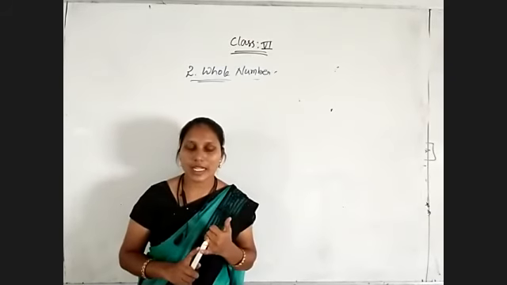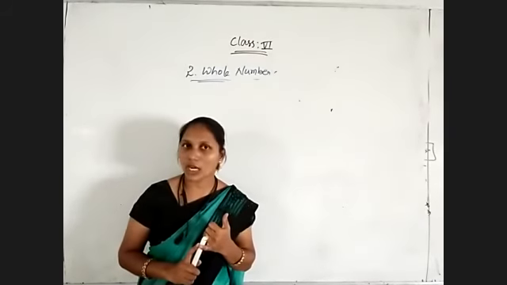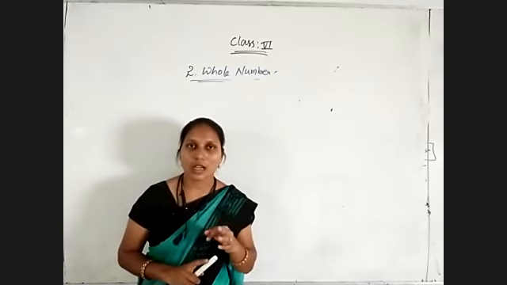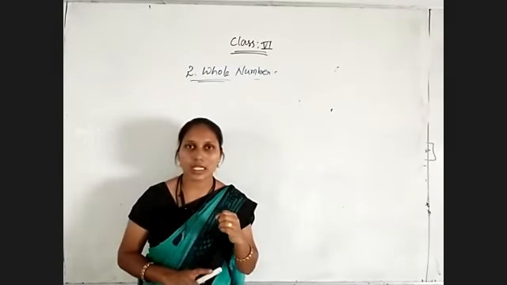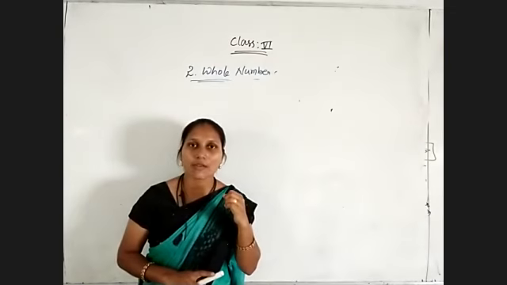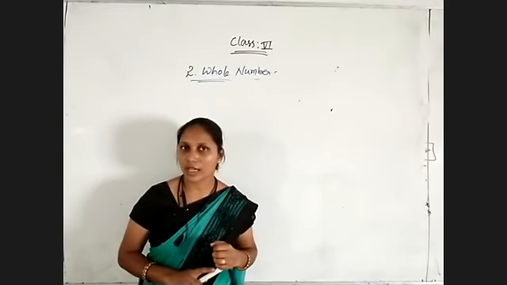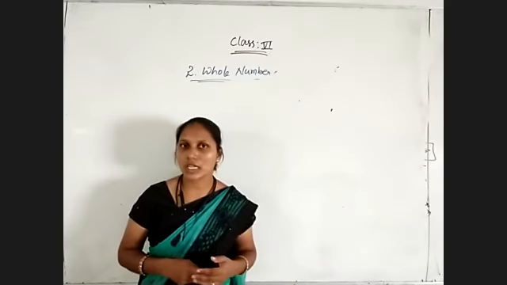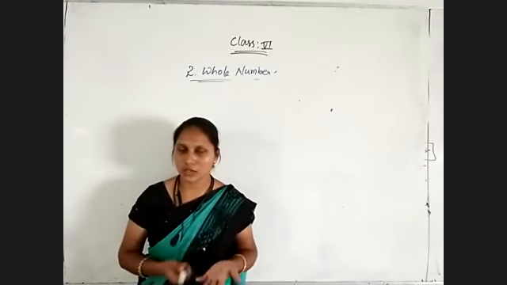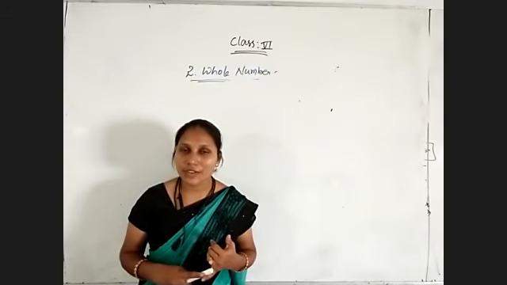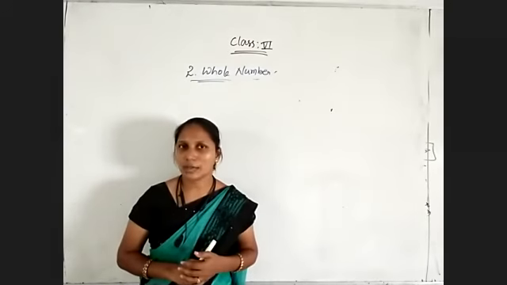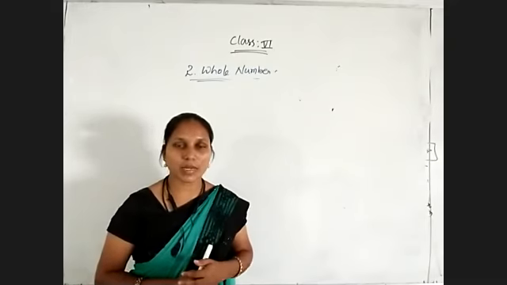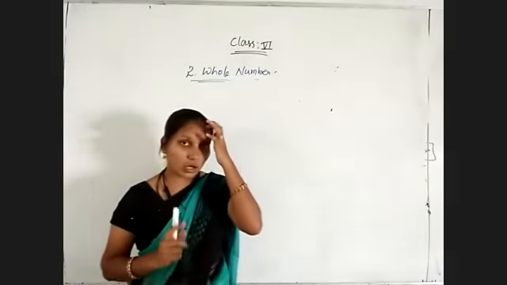Additive identity element is 0 for any whole number. And multiplicative identity of whole numbers is 1. Suppose the question they have asked, what is the additive identity of 15, a whole number? 0 only. 0 plus 15 is equal to 15. Multiplicative identity of 15 is 1. Remember this. And there is no additive identity for natural numbers. Remember this also. And now coming to the question, closure property.